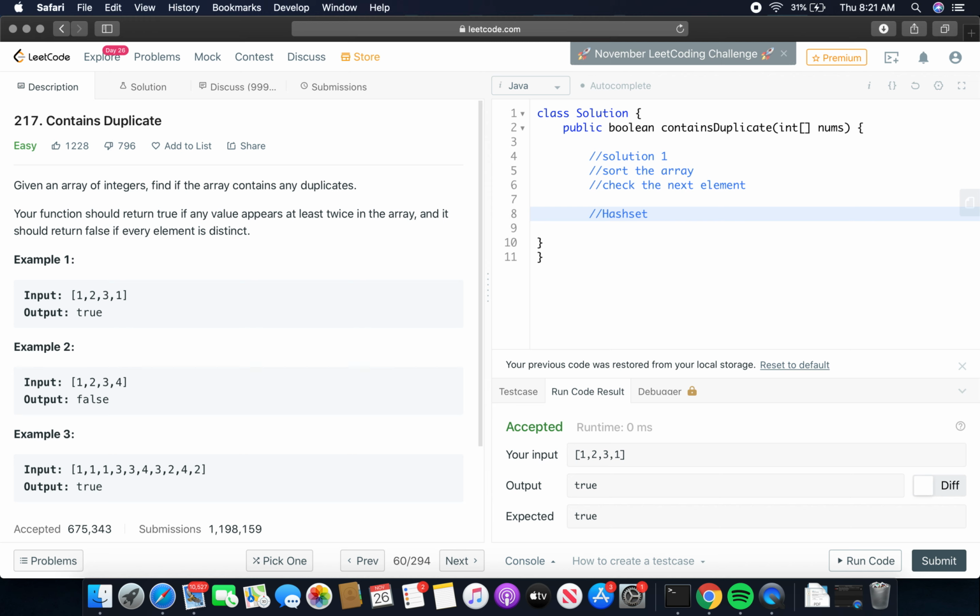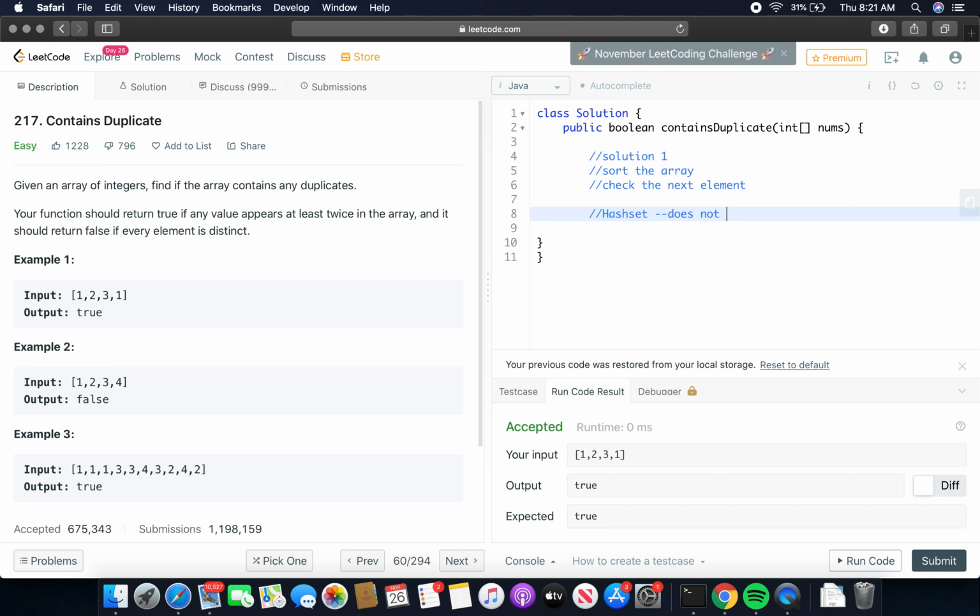You know that a HashSet does not contain duplicates, and it has a contains method that will tell if the element is already present or not.